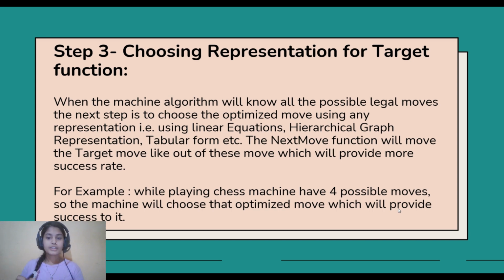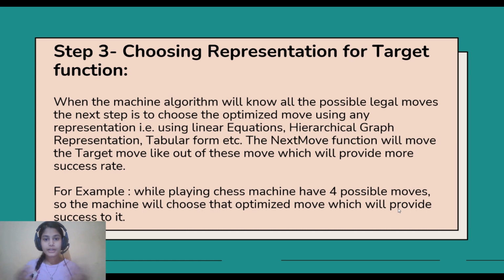So for example, while playing chess the machine will have four possible moves. So the machine will choose that optimized move which will provide success to it.